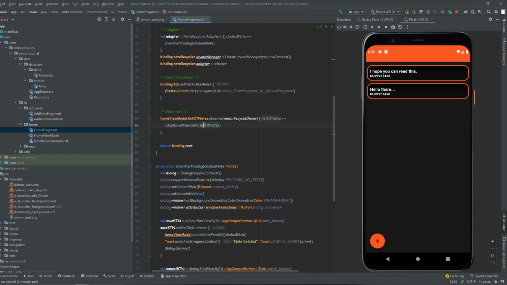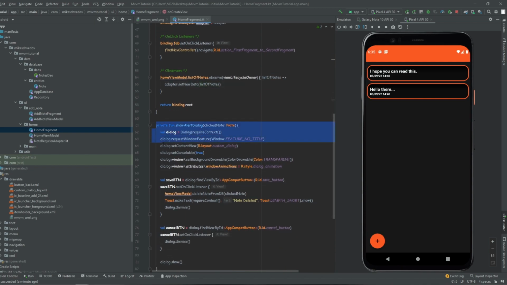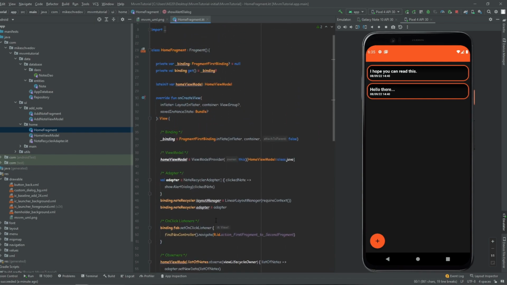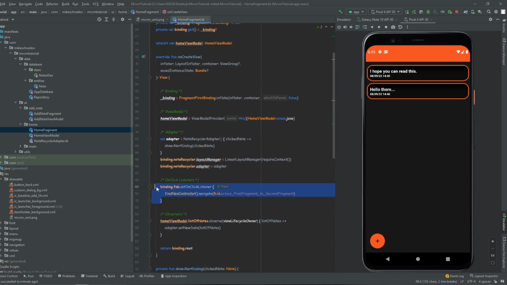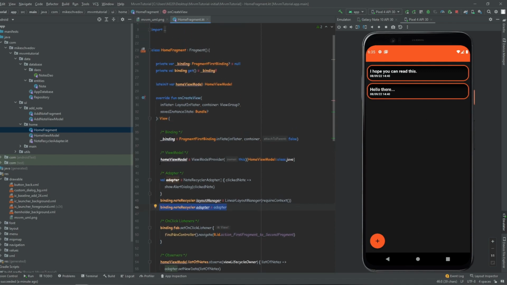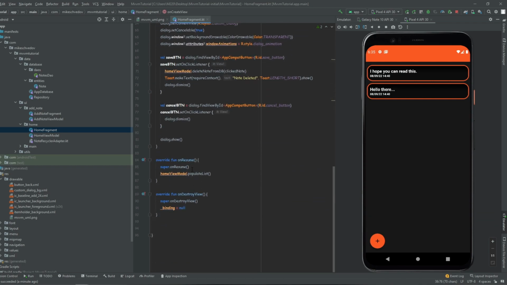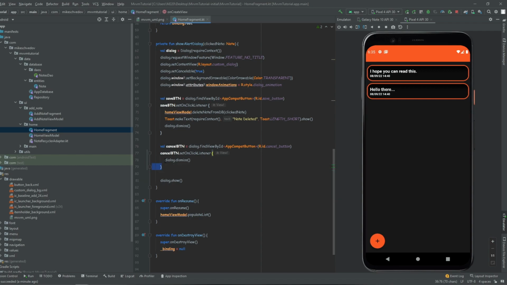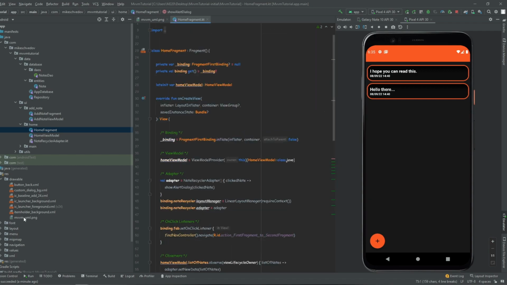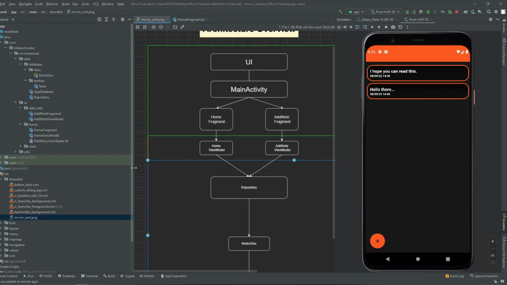We have these fragments that deal with showing different alerts, doing all kinds of on-click listeners, different bindings, right? We bind to this adapter, we bind to the entire view binding. So only things that are related to the actual view, to the buttons, only these things will go inside the